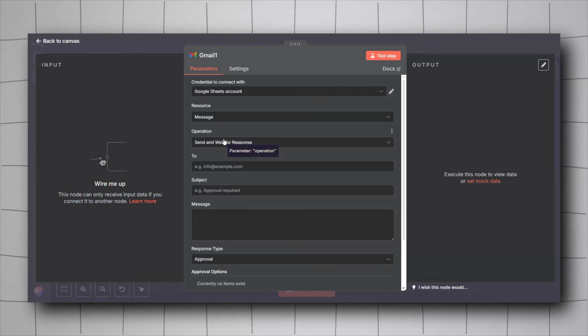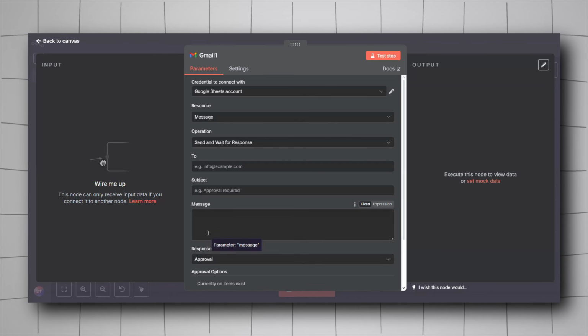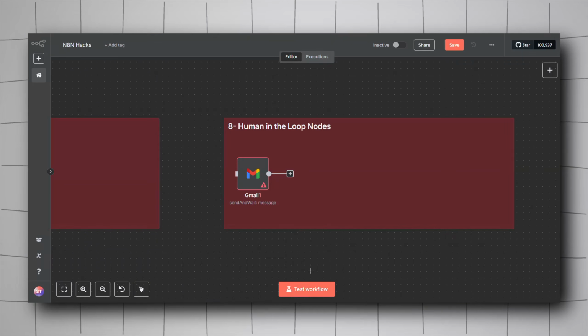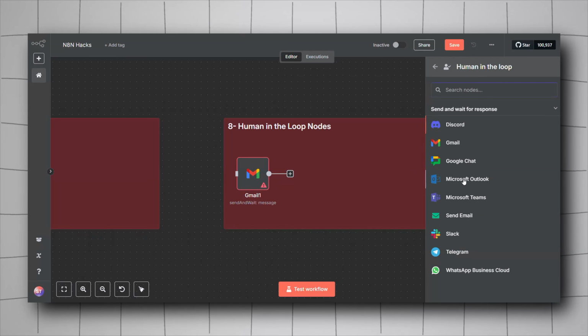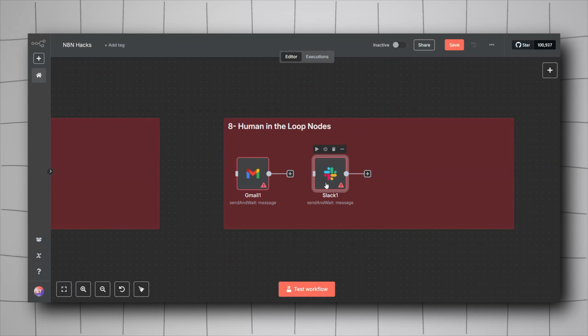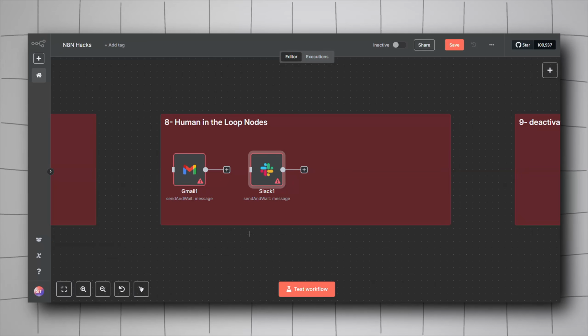Of course, you will have to add your credential and then the message that you need. The operation will usually be send and wait for a response from the user. Same here, if we add, let's say, Slack, it will be send and wait for response. What this will do is send the user a message and then wait for his input to be able to